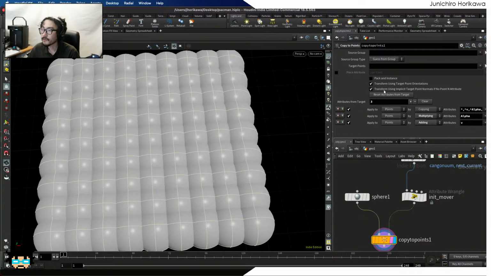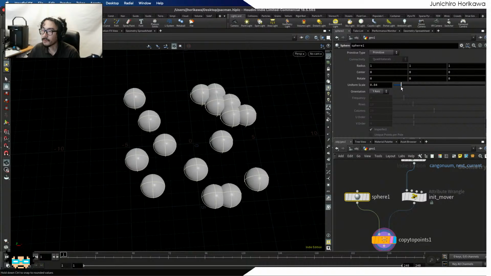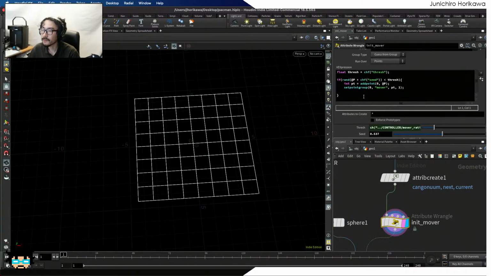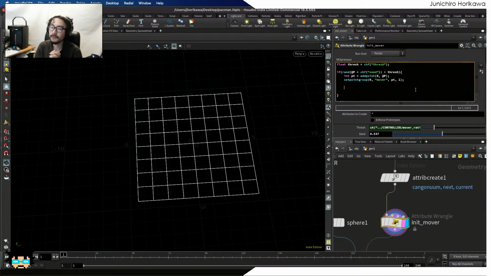And I'm just going to copy this to the mover target. Okay, so that's the number of mover that I've just created, which looks good. So let's continue with these. Now, I'm also going to create another random ratio, which is going to